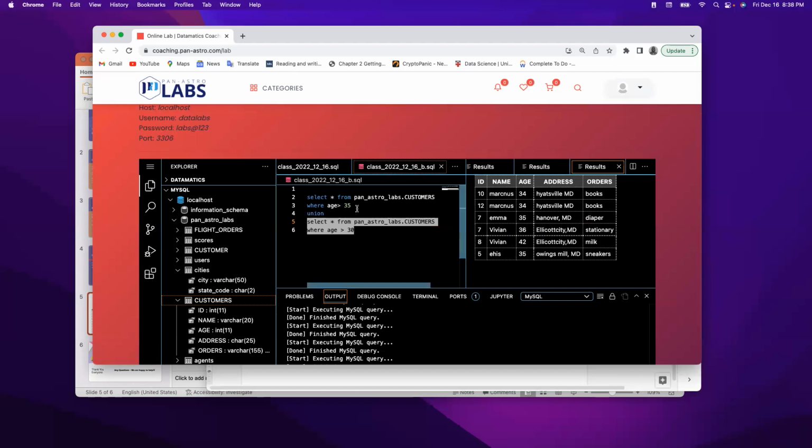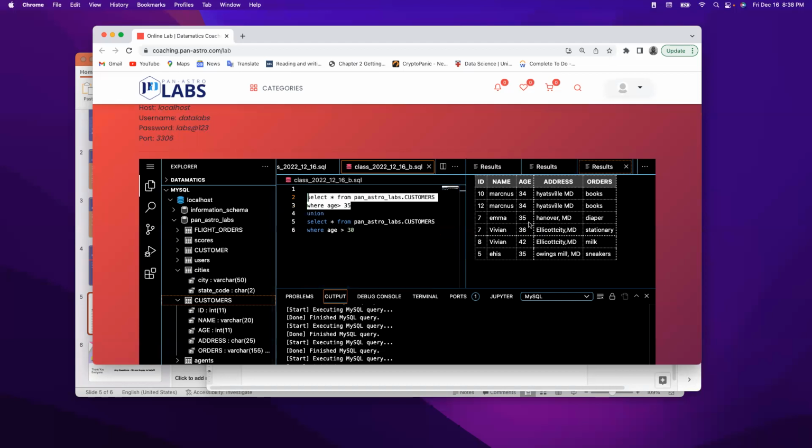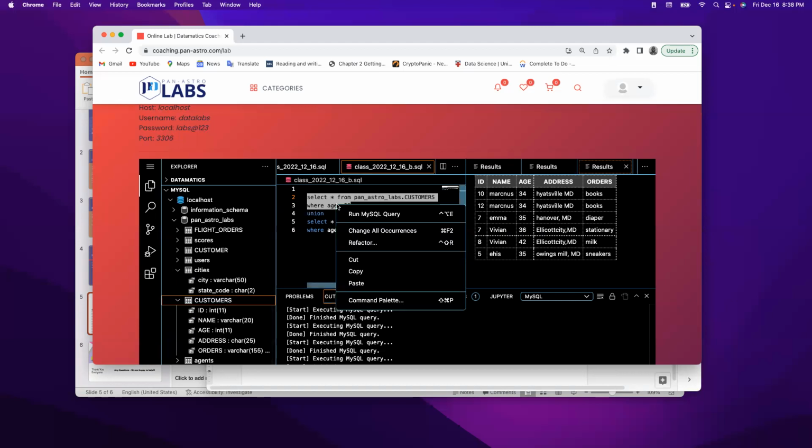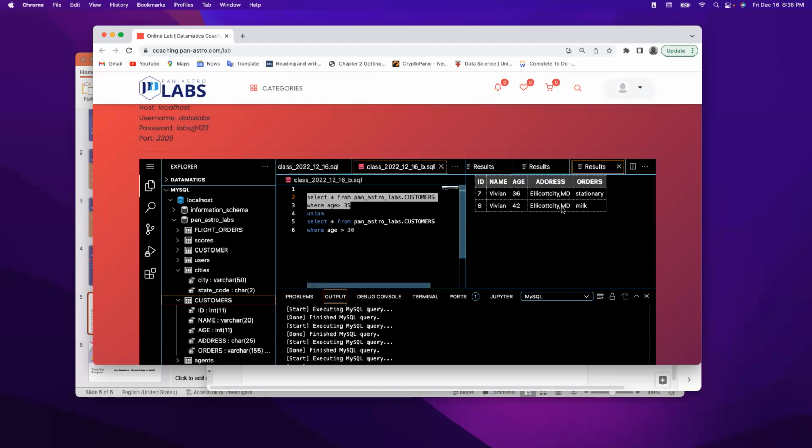Now, this greater than 35 record is actually inclusive in the greater than 30 because you can see 35 and 36 here. So look at that again. We have 36 and 42. So they're inclusive here. So that's ID 7, ID 8. Now, if we run the two together,